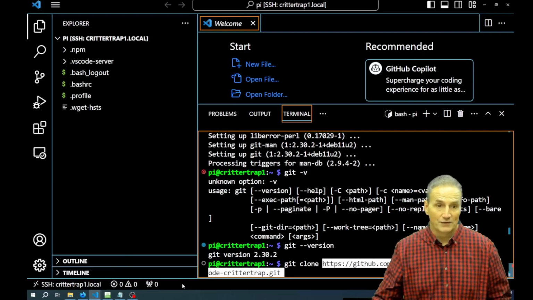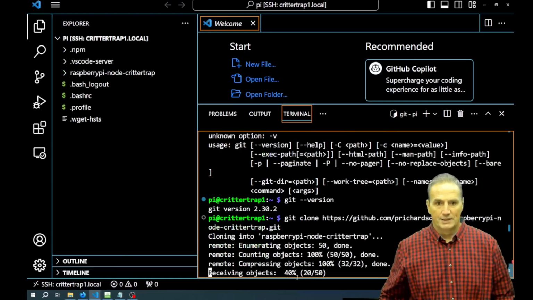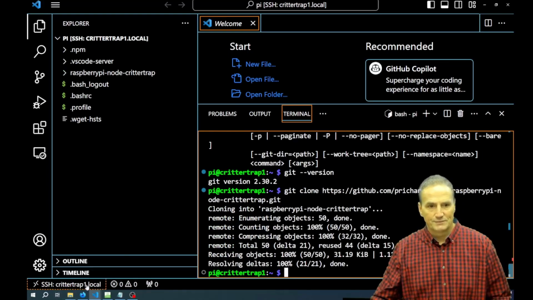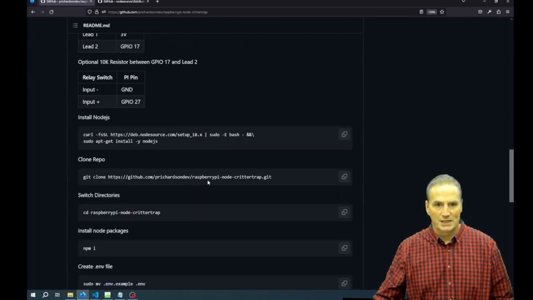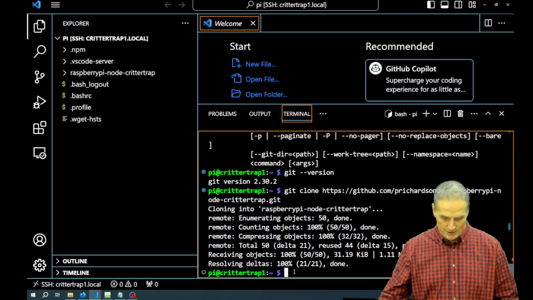I assume I have it on the GitHub link. And we can clone that repository. So if you're kind of following along here, right, we just did this line here. So now we need to switch directories. Right? So we can do, right,